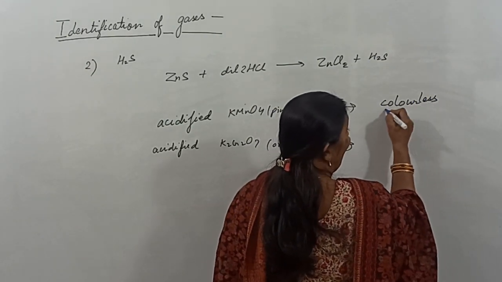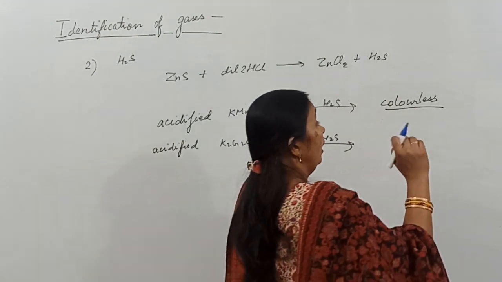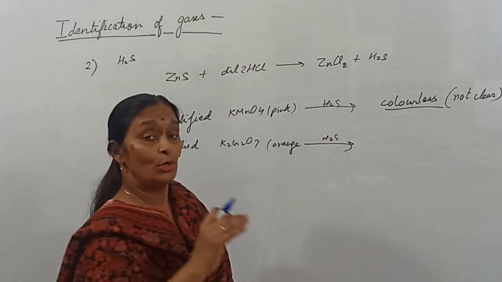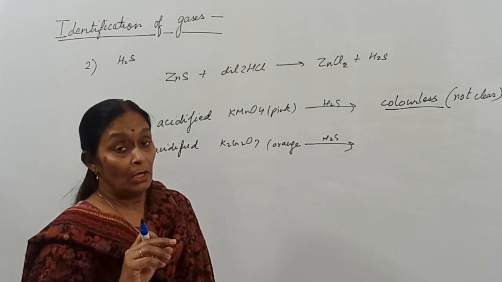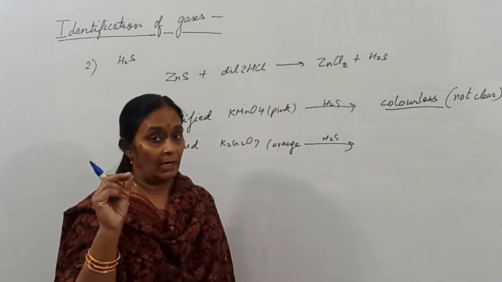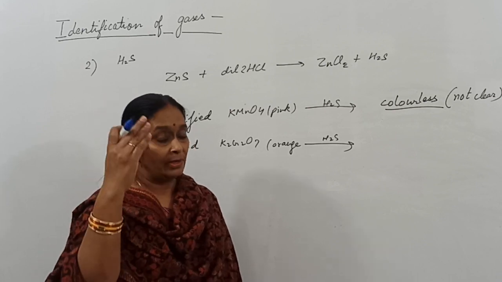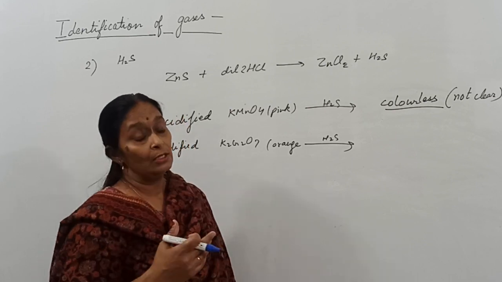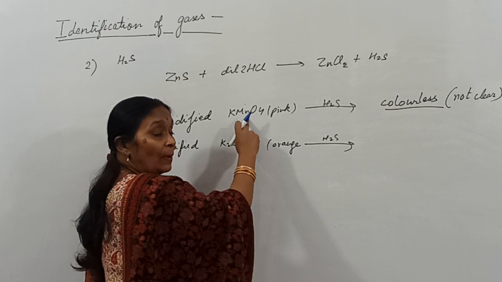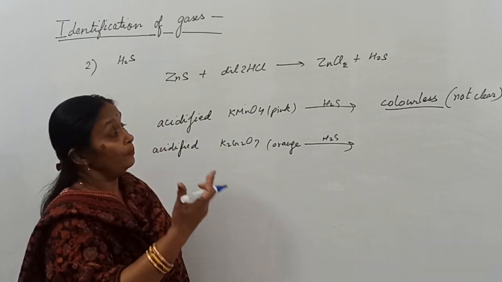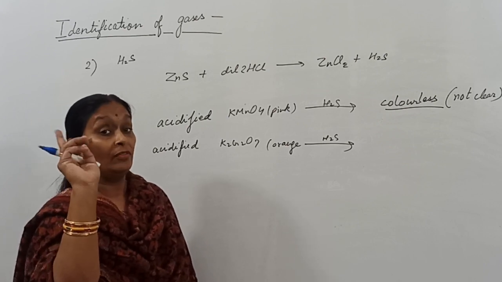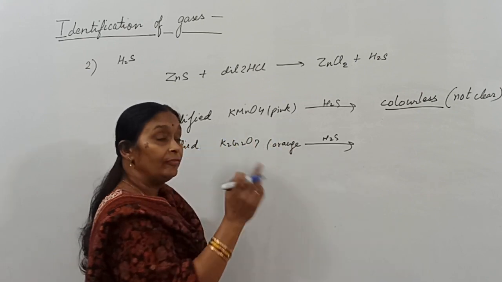Now, on passing H2S through these two solutions, the change you see is acidified KMnO4 changes from pink to colorless. But that colorless solution is not very clear, transparent. Why? Because in the reaction between KMnO4 and H2S, the yellow color sulfur particles are formed as a product. So those particles remain distributed in that solution, and that is why the solution formed is not very clear. While when sulfur dioxide is passed through KMnO4, it changes from pink to clear colorless. This is the difference. Over there with sulfur dioxide, no sulfur particles are formed. Here with H2S, sulfur particles are formed.